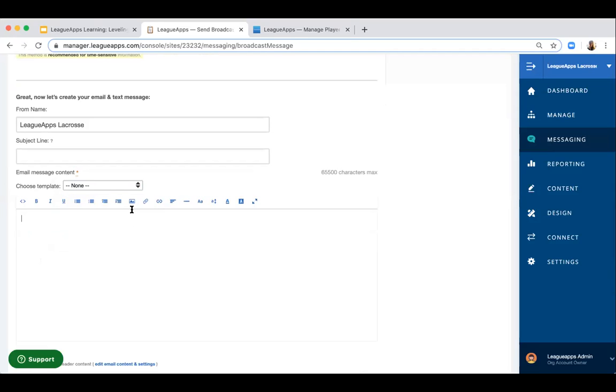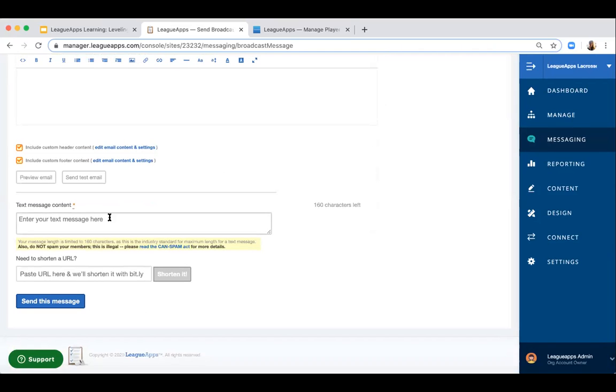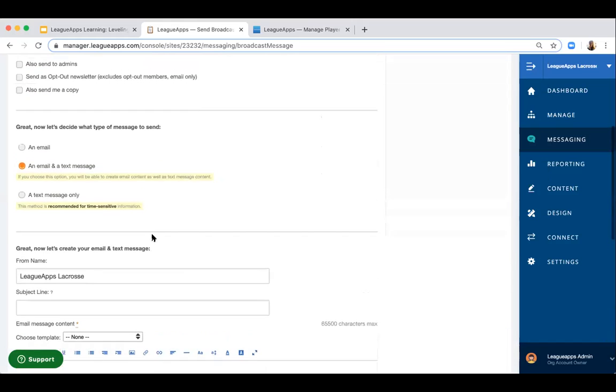You can also add files, attachments, images, and then text messages, as we all know, are obviously much simpler than emails, and this would just be text-based. What's nice is we have a built-in URL shortener, so you can put a pretty lengthy URL here, shorten it, and then include it in a text message, which is, I think, a really nice shortcut, especially if it's a program registration link or some long URL that would take up the entire text message page. You can shorten it, and it'll be about 8 characters or so. So that is the Compose a Message tool.